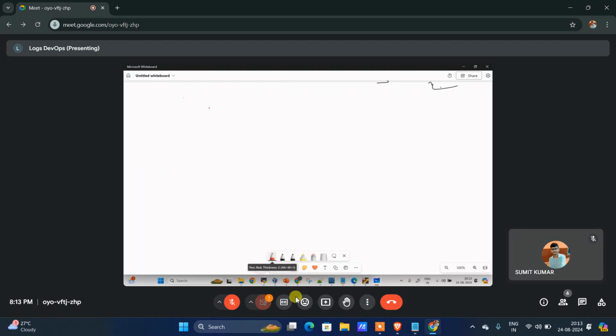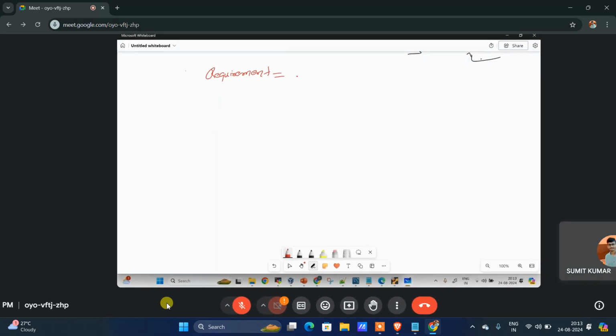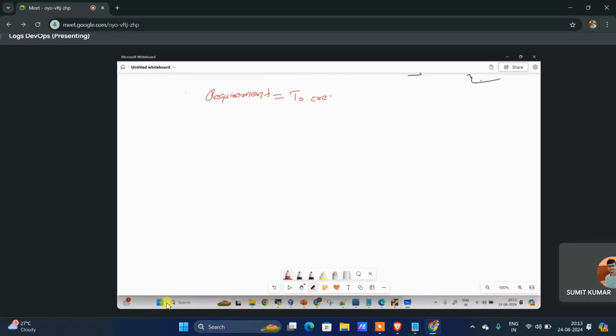Your requirement is to create 5 containers. So for this only, what we will do, we will write docker-compose